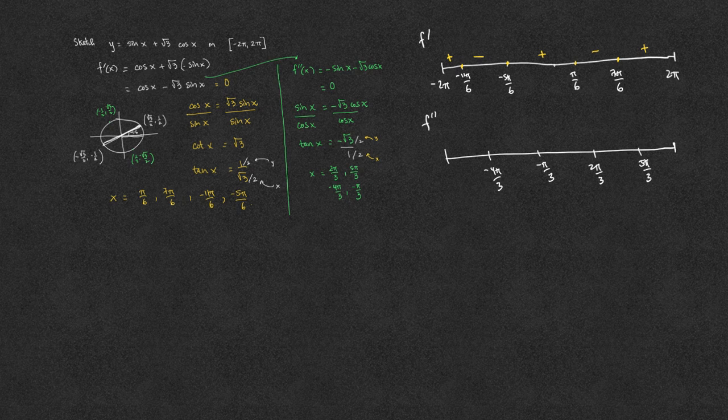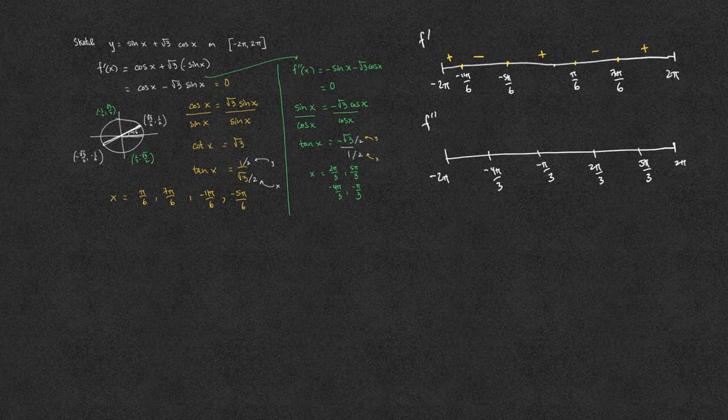We then plug any number between negative 2 pi to negative 4 pi over 3 into the second derivative. For instance, if we plug in negative 5 pi over 3 or any number into the second derivative, we will see the sign of negative sine of negative 5 pi over 3 minus root 3 times cosine of negative 5 pi over 3